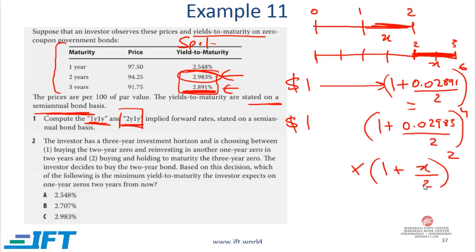Because I'm assuming that X is the annualized number, I'm doing X over 2 to de-annualize. And why am I squaring? Because from year 2 to the end of year 3 is 1 year, which is 2 periods. If I solve for X, what I will get is